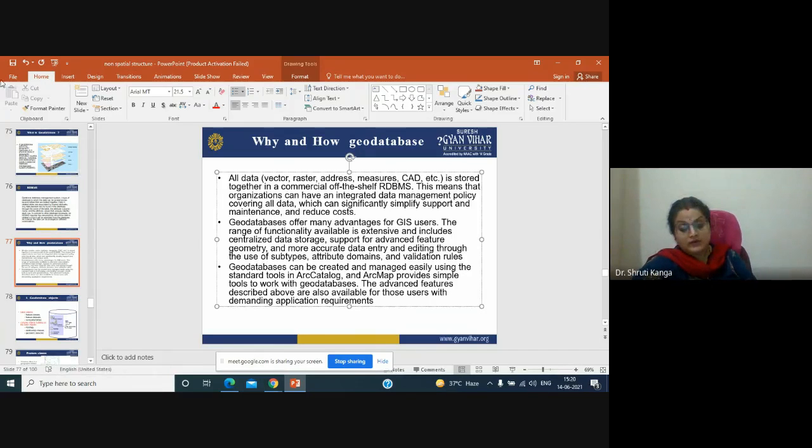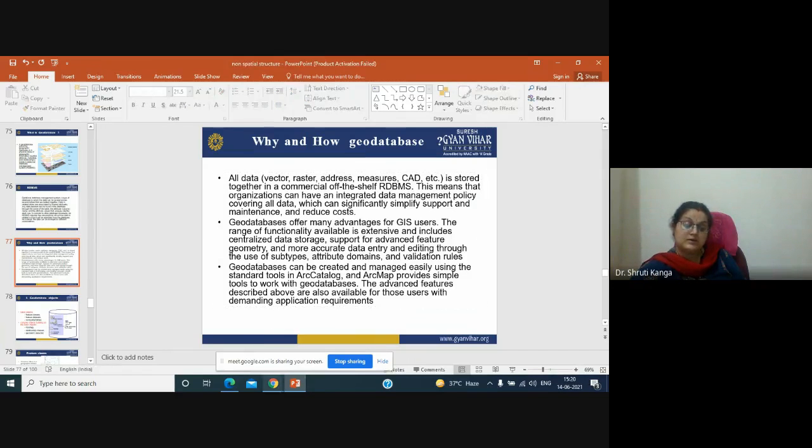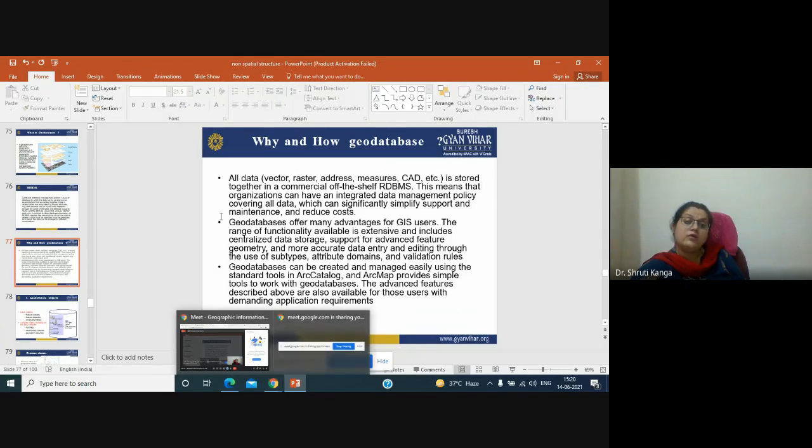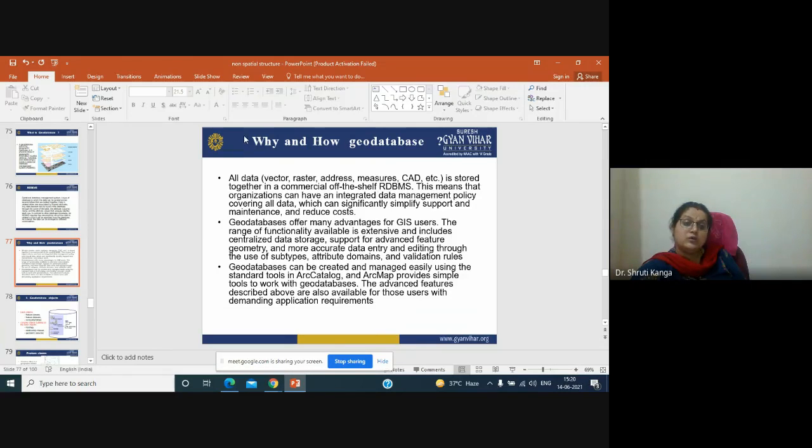This advanced feature is also available in the user's demanding application requirements. So the geodatabase is also required for any kind of data sets nowadays we are using.